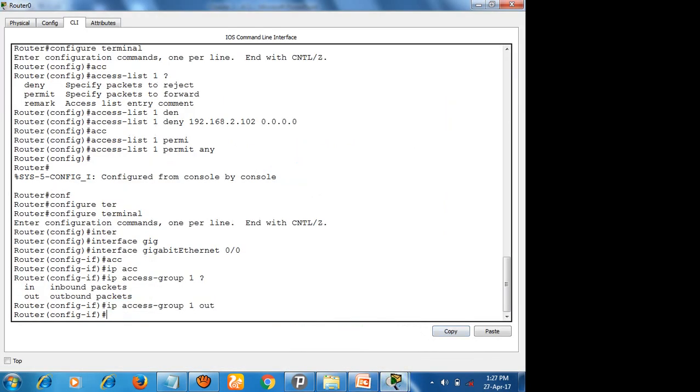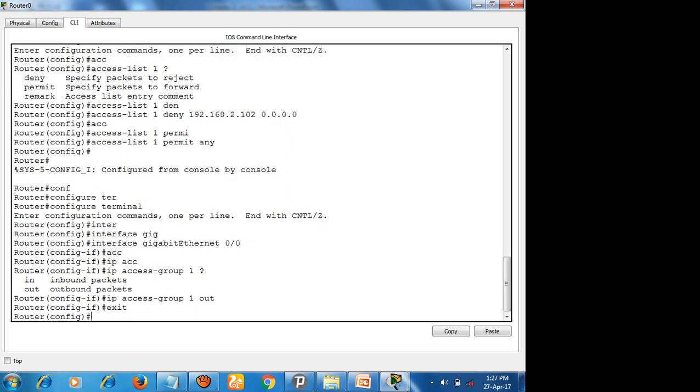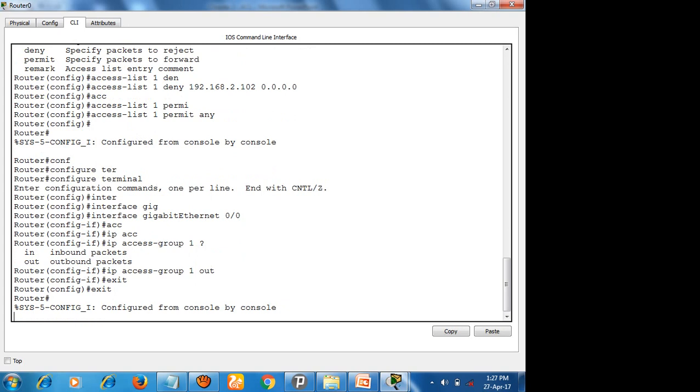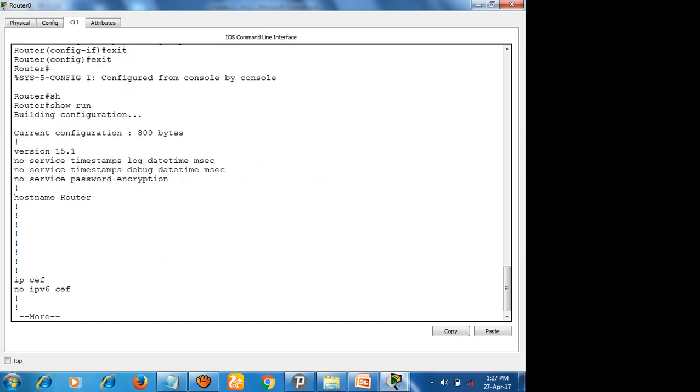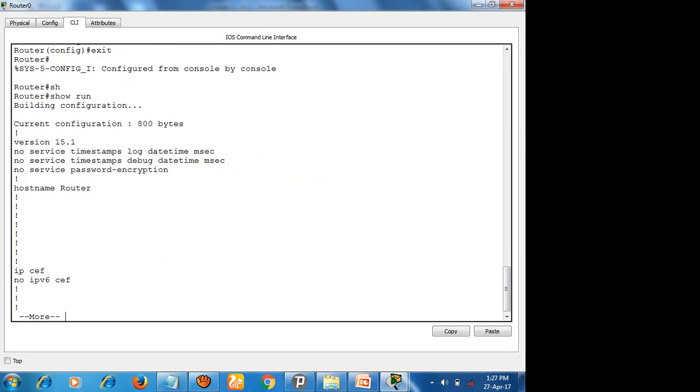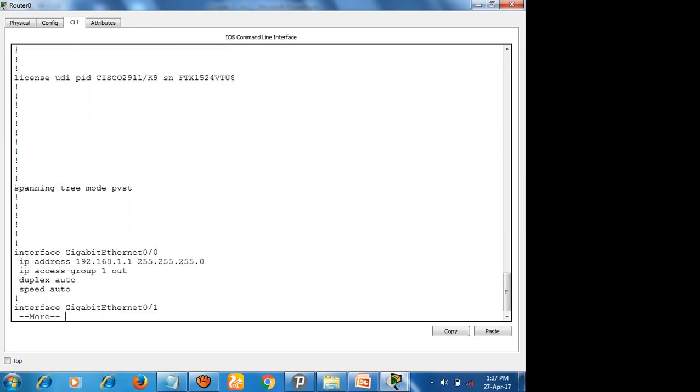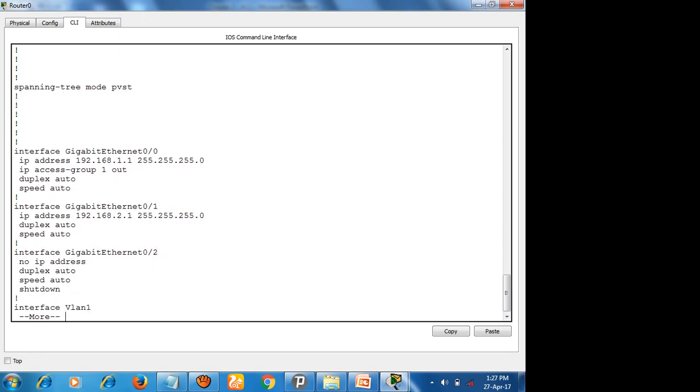Come out and check the configuration with show running configuration. Look at this, interface gigabit Ethernet, IP address 192.168.1.1 and the subnet mask, and IP access group 1 out, right?